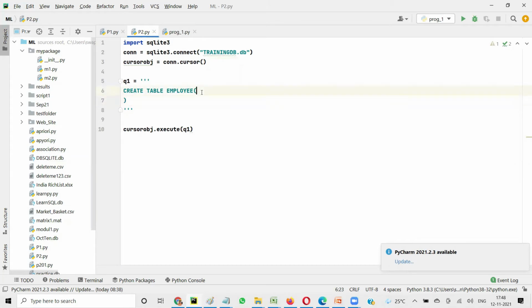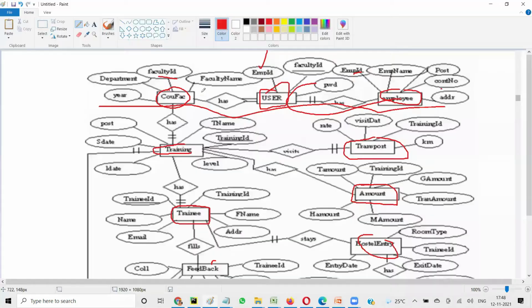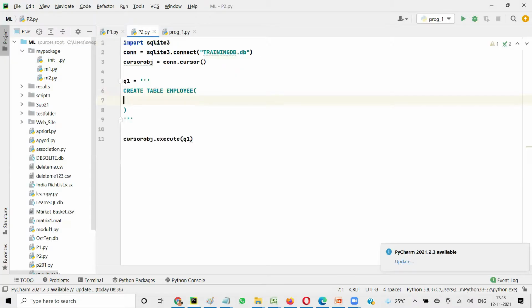Okay, and now I have to give the column names. So what are the column names? Employee ID, EMPID, EMPNAME. Generally same words we use. Don't change the column names. Whatever is given in the ER diagram, same thing you will be using. And this is case insensitive, so whether I give all small or all capital doesn't really matter, right? So employee EMPID, EMPNAME,